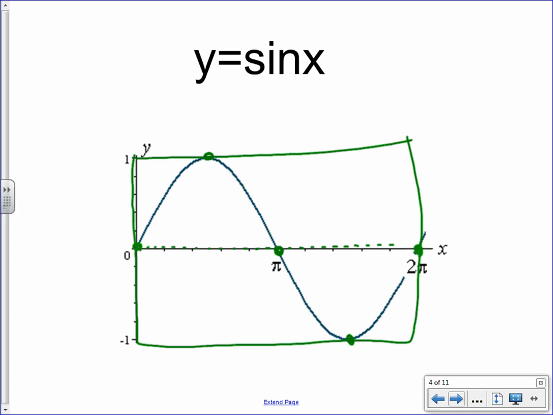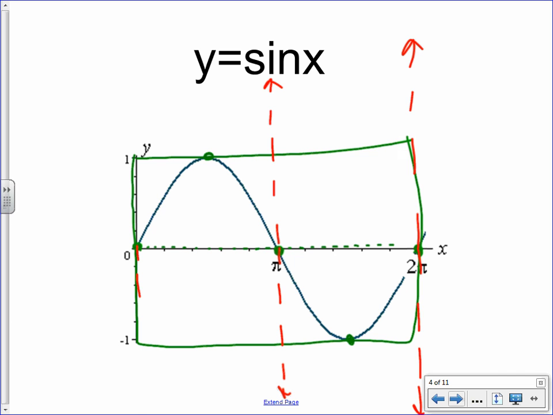Pi would be a place. And what happens when we take the reciprocal of 0? It's undefined, and we have an asymptote. Okay? Sine is also 0 at 2 pi, which means when we take the reciprocal, we get an asymptote. And here at 0, sine is